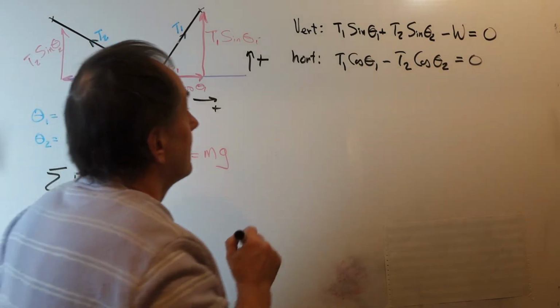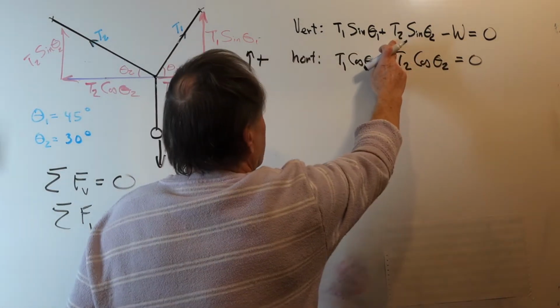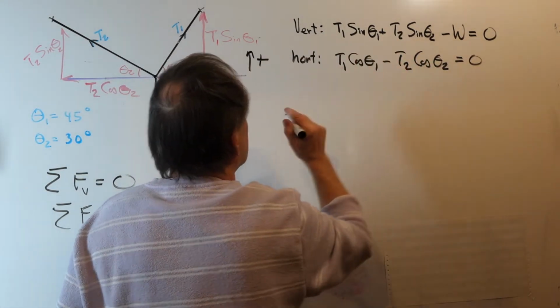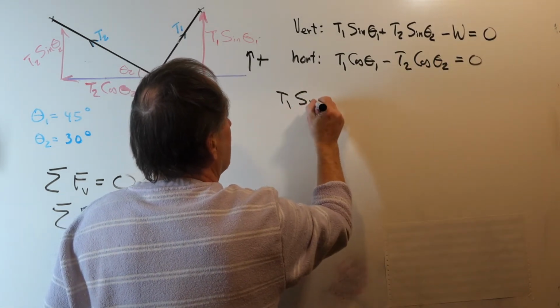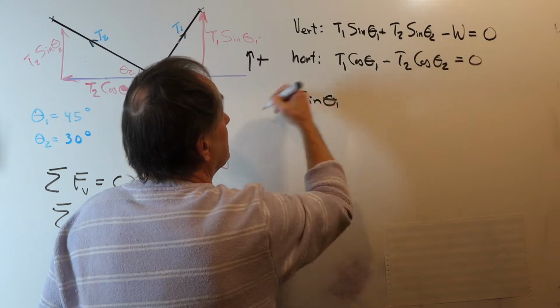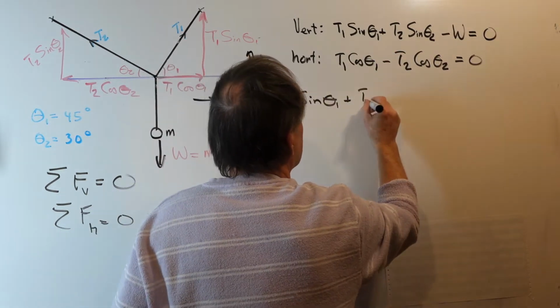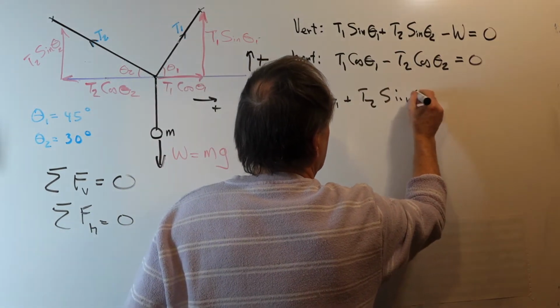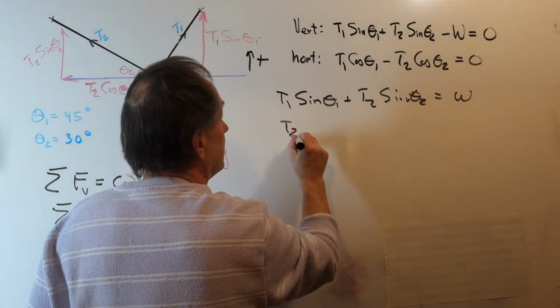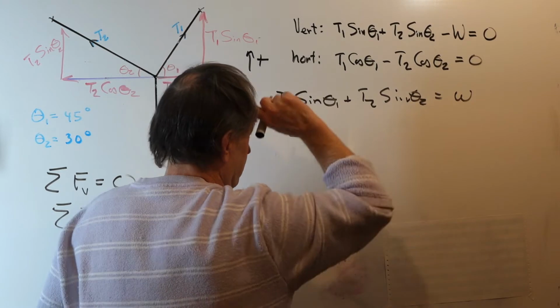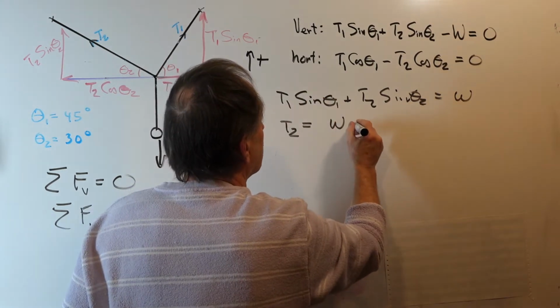Now, let's solve the first equation for T2. So, we first have sine theta 1 T1 plus T2 sine theta 2 is equal to W. Solving for T2, we get T2 equals W minus